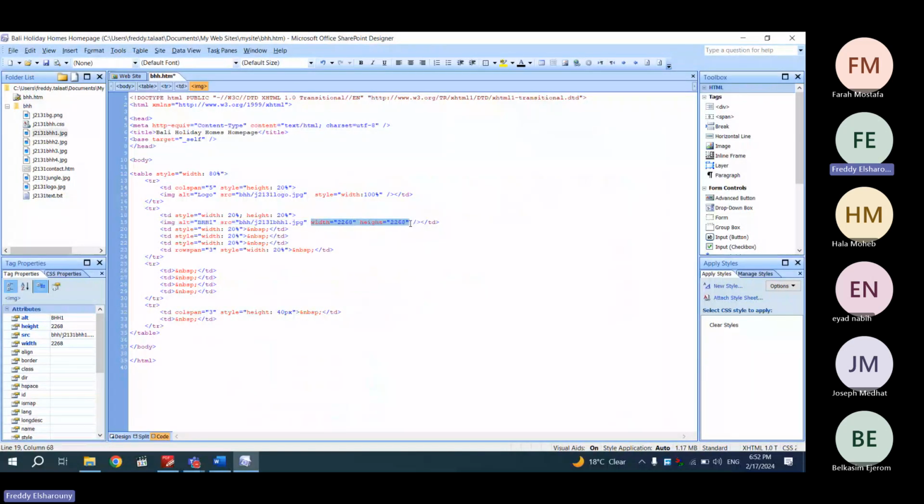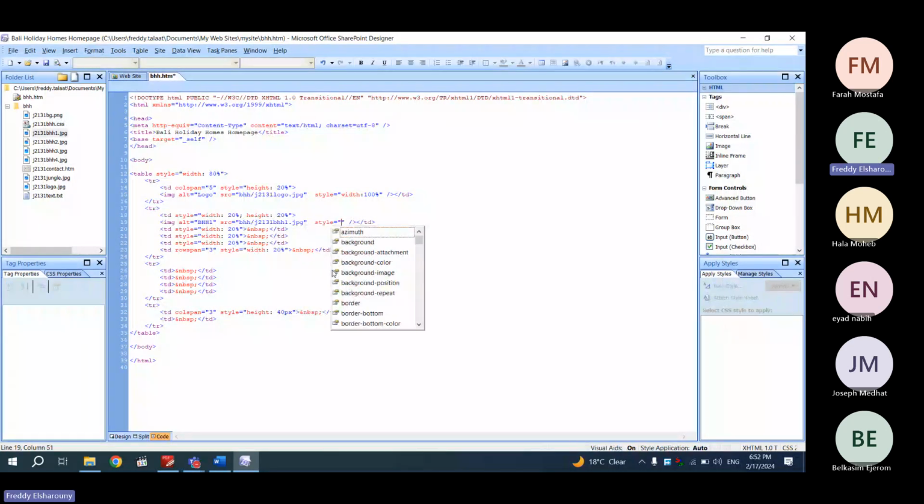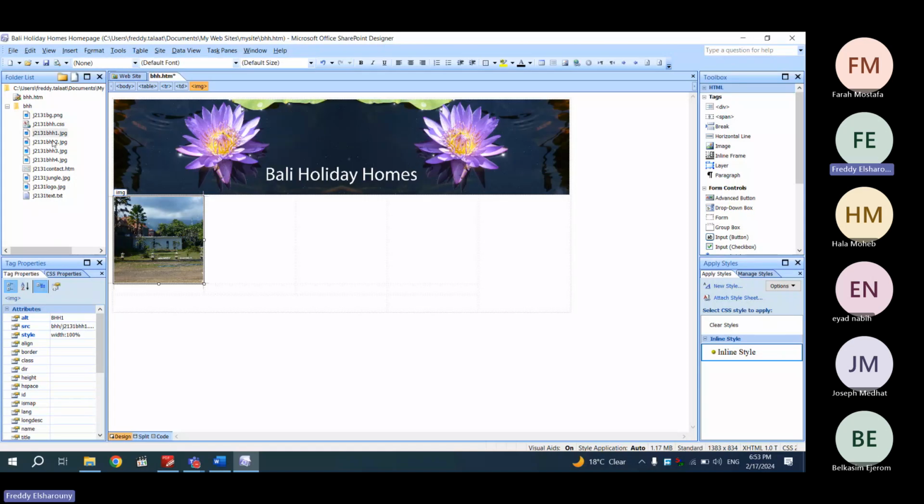You delete the width and height, space, style, double click. What I'm changing here is the width, double click, 100%. Back to the design view, automatically fixed. Next one,